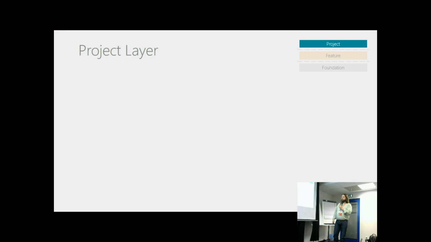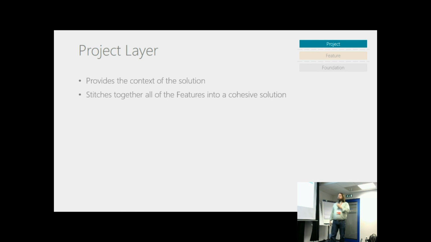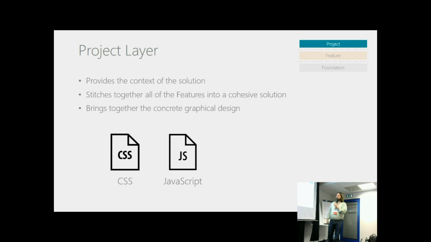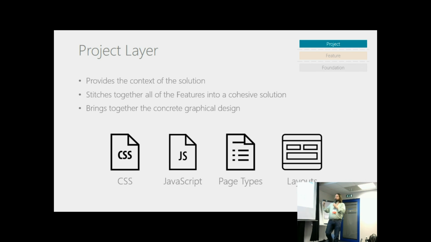So let's talk about the layers themselves. Starting with the project layer, this is what provides the context of the solution. This is where you stitch together all of the features and the foundation that you've been using all that time. You stitch it all together to create one cohesive solution. And it's also what brings together the graphical design. So this is where you're going to see things like CSS and some global level JavaScript and things like that. It's also going to be where, if you're storing your Sitecore items in source control as well,